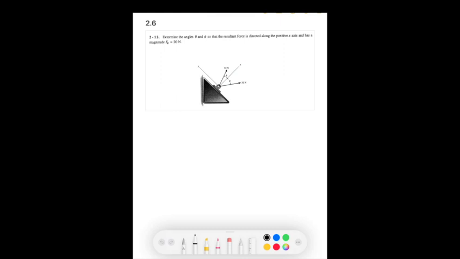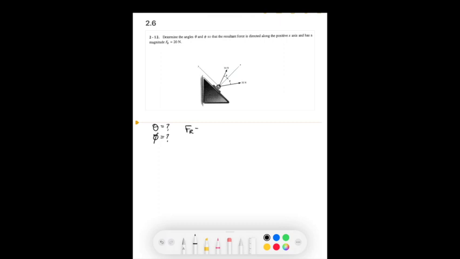In our third example, we again see two forces acting, but this time they ask us to determine the angle necessary to get a certain result. So what we're going to solve for is the angle theta and the angle phi, as drawn in the diagram. The first thing I'm going to do is also write out what we know.